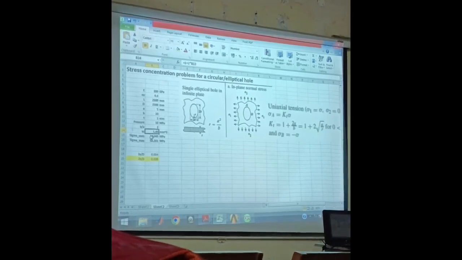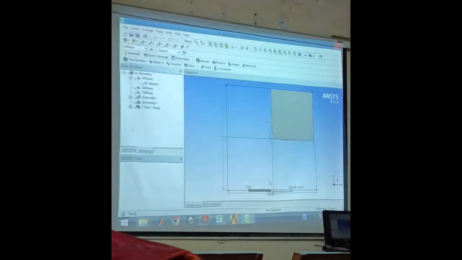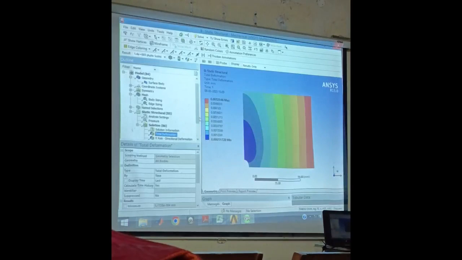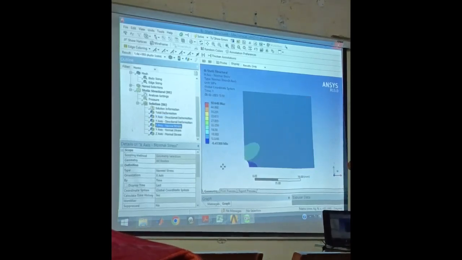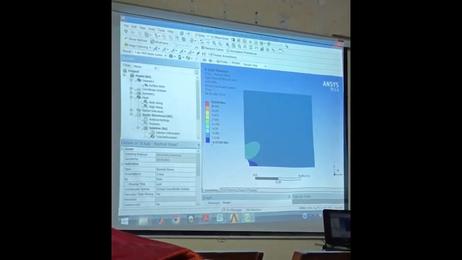So if I apply nominal stress 10 MPa, I am supposed to get 50 MPa maximum stress, and minimum stress also minus 10 MPa. I think it is solved already. Now go to the solutions. This is the deformations. Now here, deformation, no stress. See, maximum stress 50.648. That is located here, and minimum is